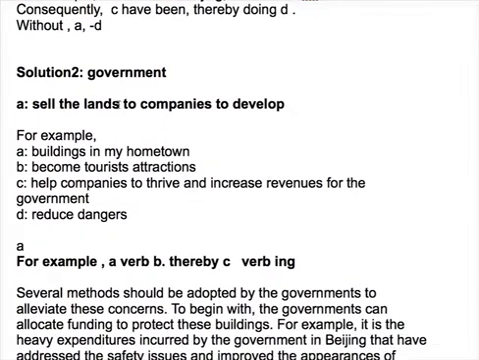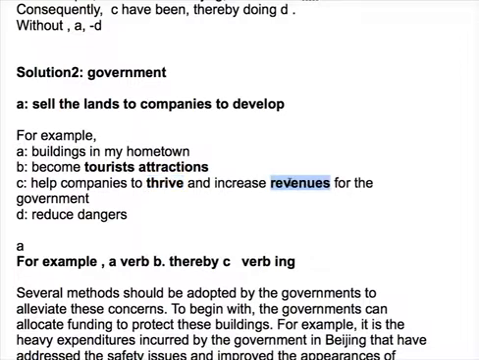Solution number 2. The government can also sell the lands to companies to develop. In this case, she used buildings as an example. She mentioned that the buildings in her hometown became tourist attractions. After you sell these lands to the companies, they become tourist attractions. And what will happen next? The company will thrive. Thrive means develop, and it will have revenues and will pay tax to the government. And after paying tax, there will be more money. The sites will have more money to repair the buildings. In this way, the